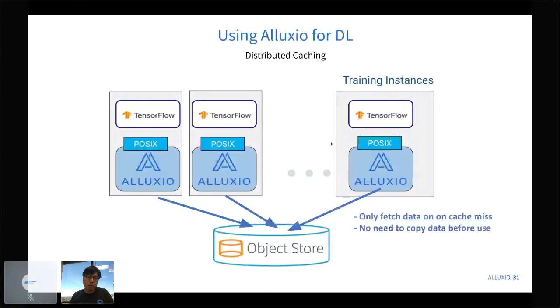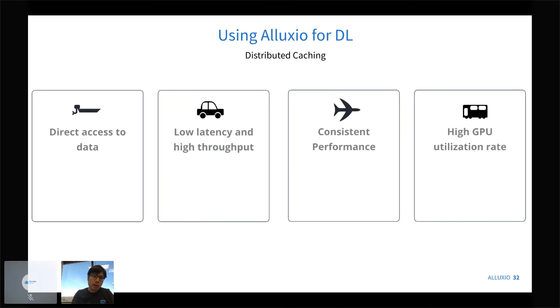So we are talking about, for example, if you're running TensorFlow and you're accessing the data from an object store, we see a lot of our open source users using us as the distributed caching layer for deep learning, exposing the data from the POSIX API to TensorFlow or different other instances, so they can access the data just like you're accessing the data from your own laptop local folder. So in that case, you don't need to fetch data on the cache miss, this data fetch will be automated, and you don't need to copy the data before the use, and you don't need to clean up the data after use. So everything is automated. And in this way, we can enable direct access to data and low latency, consistent performance,